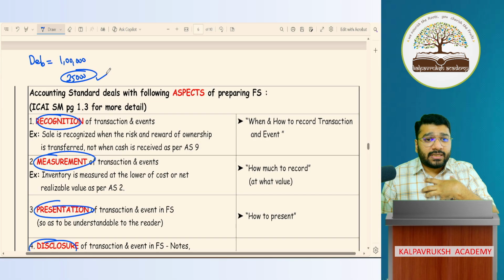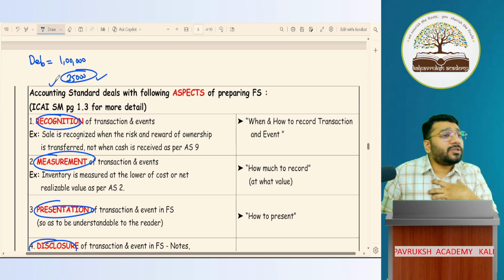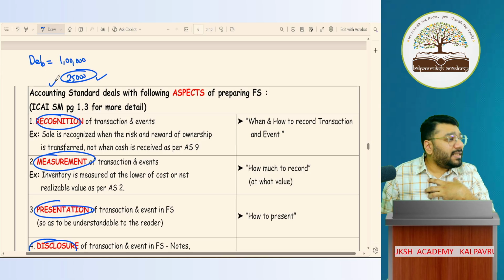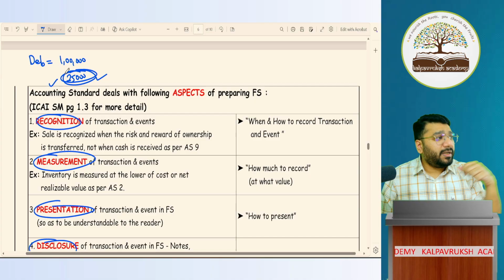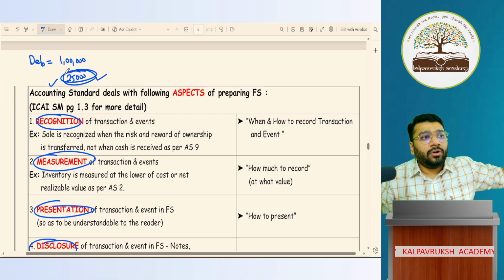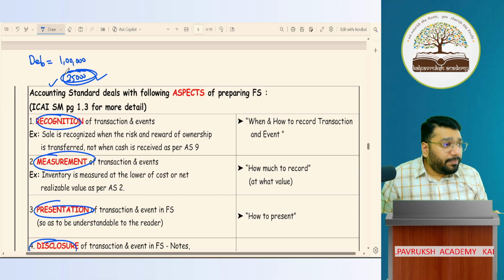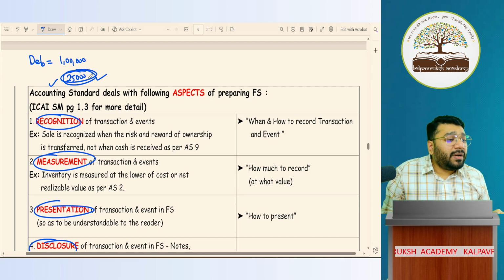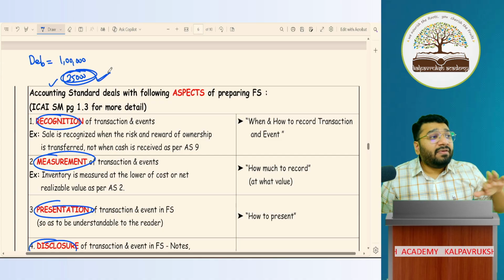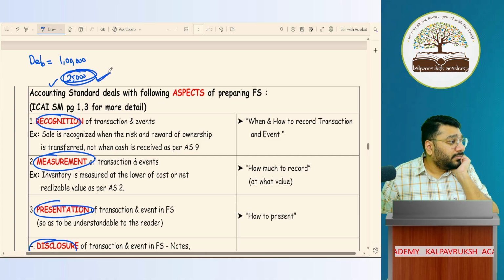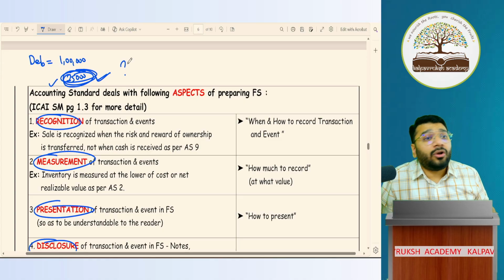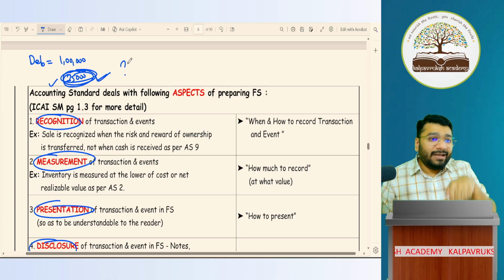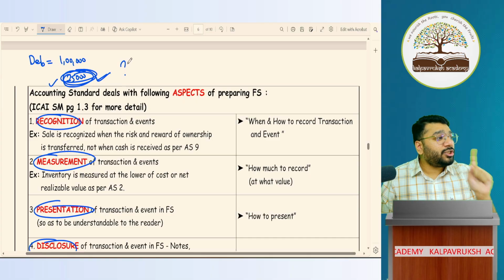So during the audit process, when we try to inquire why this money has not come, the client said that there is a bankruptcy case running for this particular person in the court of law. Therefore, at the moment, we are not sure whether he will pay the money or not. So now the question that came is, in such a scenario, for this 25,000 rupees, should we create any provision or not? Now that accounting standards are in place, you know very well that in this situation, a provision needs